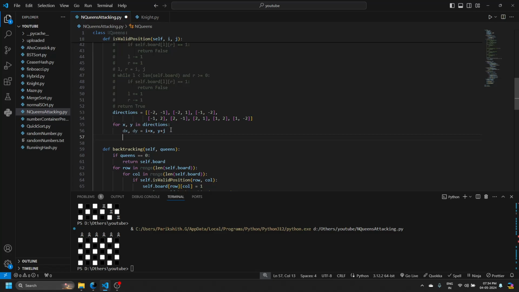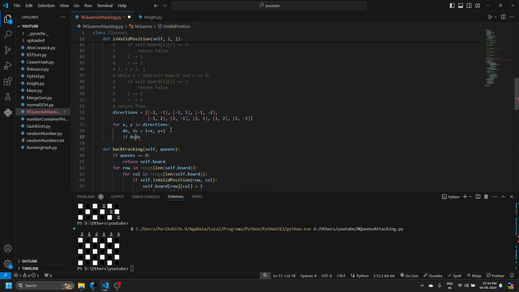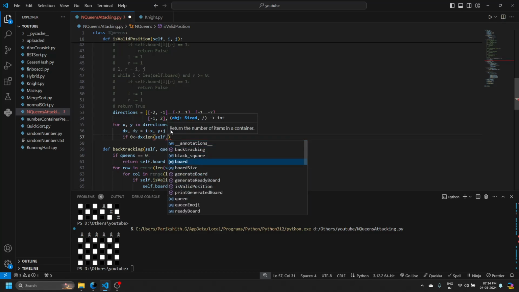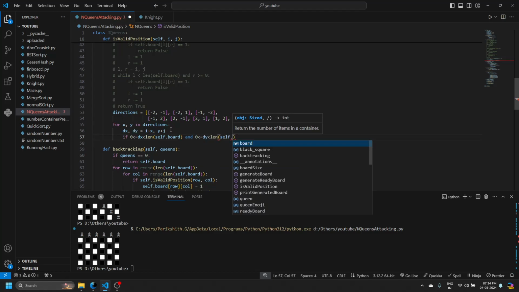So if zero is less than or equal to dx is less than length of self dot board and zero is less than or equal to dy is less than length of self dot board